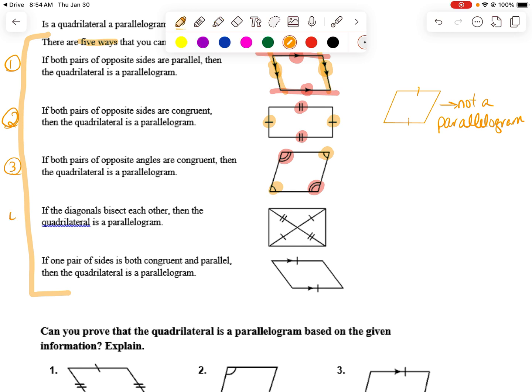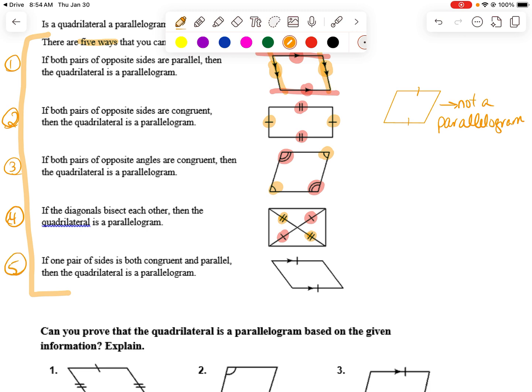Okay, the next thing, if they show me a picture and they show that the diagonals bisect each other, remember when we bisect, these two are going to be congruent and these two are going to be congruent. So if I see a picture that looks like that, it means that the diagonals bisect each other. It is a parallelogram. And then finally, this one is a little bit different,